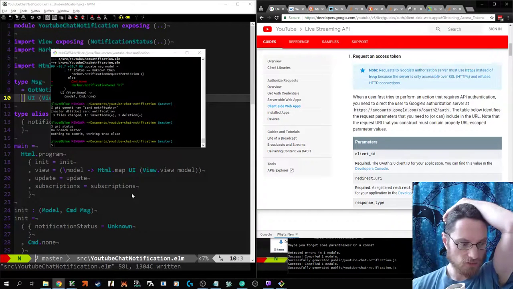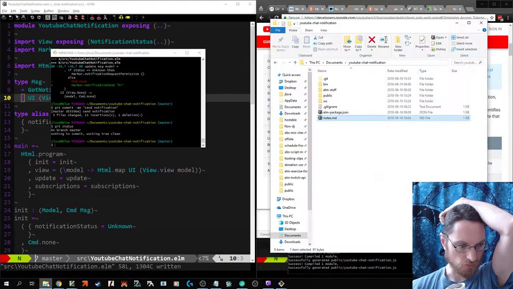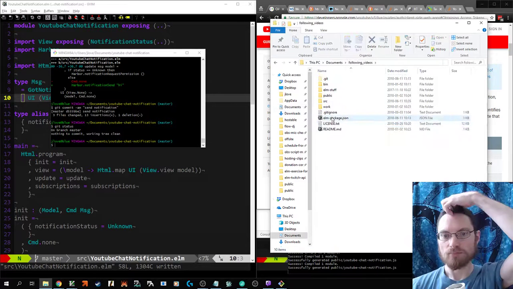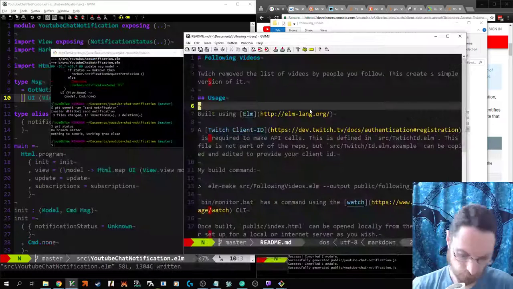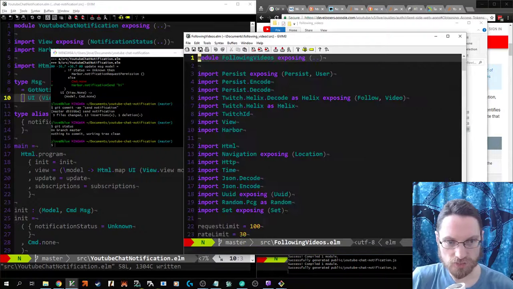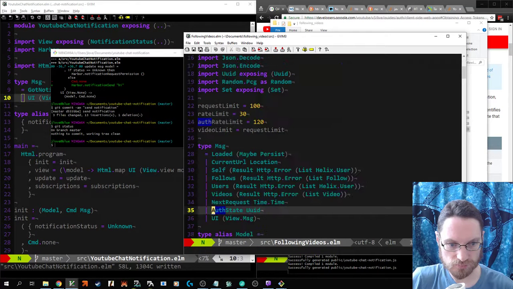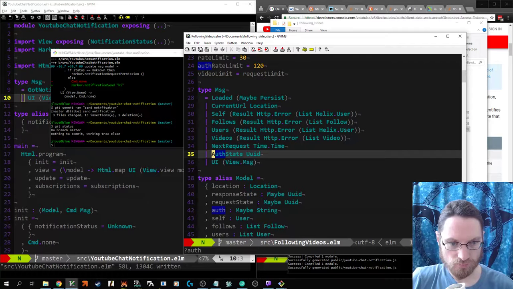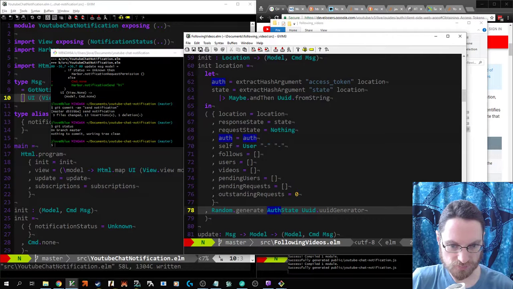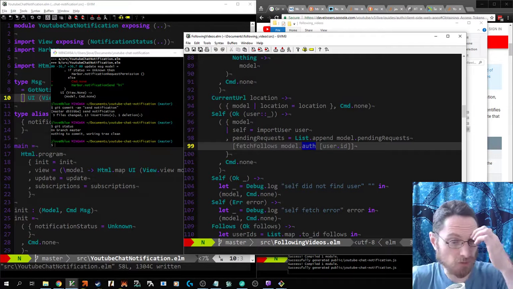So I've done authorization through Twitch in one other application. Yeah, following videos, Elm. Auth state, probably a good idea. Access token state from the callbacks. I haven't seen them recommend a UUID yet, although it would be good for